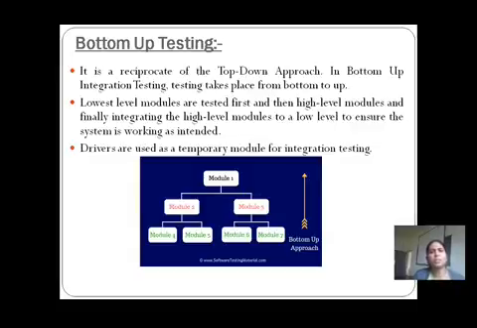So what is the important thing behind that? We are trying to find out the errors, the defects, at the lowest level itself. When we find the defects at the lowest level, we can say that it is going to perform the task as per the requirement specification.